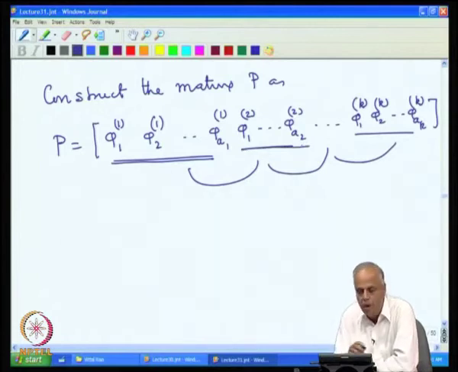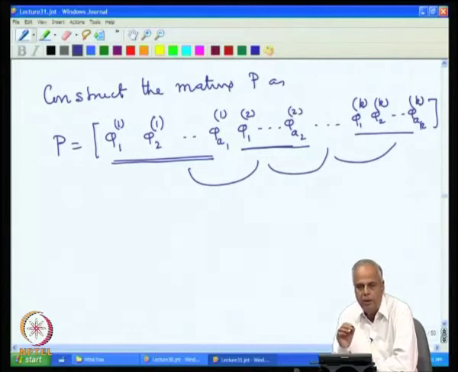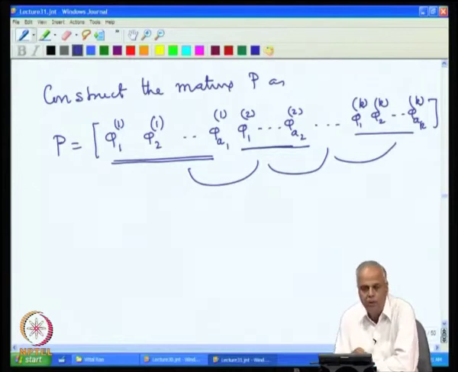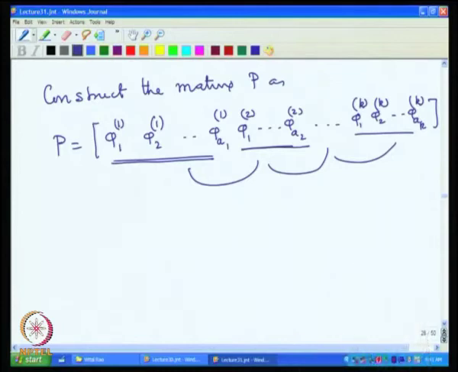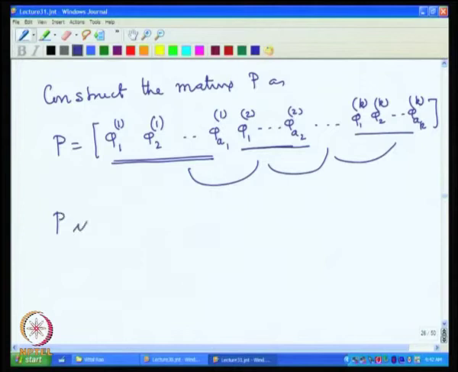The next a2 columns correspond to the a2 eigenvectors corresponding to eigenvalue lambda 2, the same as the a2 basis vectors for W2, and continuing this process, the last ak columns are the ak eigenvectors corresponding to the eigenvalue lambda k, the same as the ak basis vectors of the eigenspace Wk. Then, since all the columns are linearly independent, P is invertible